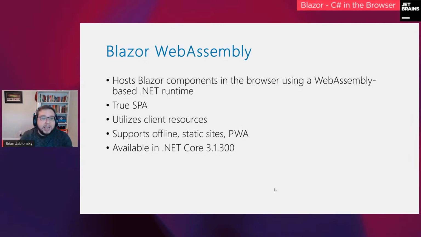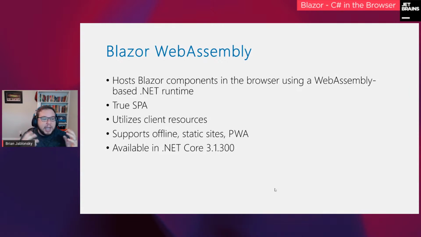The great thing about Blazor WebAssembly is it utilizes your client resources. So for doing the rendering and the logic, it's all done in the browser. So you don't have to have a super powerful server. You can again do the serverless model, or you can have just a standard Nginx-type web server that's serving up a whole bunch of static files and then responding with maybe an ASP.NET Core web API.